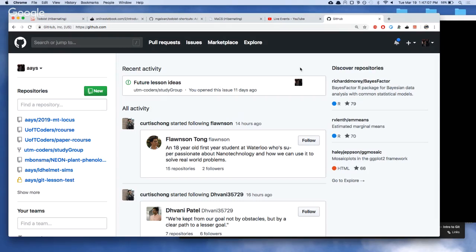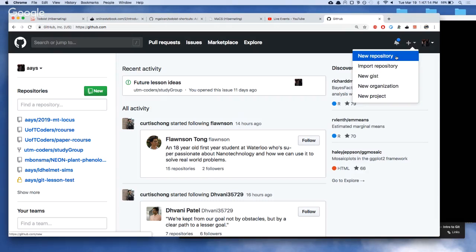Okay. So on the top right, all we're going to concern ourselves with is this plus icon. And if you click on the plus, there's this option called New Repository. So we'll be clicking on that on the top right. Oh, they have an import setting too, but we'll just do it the old school way. Click on New Repository,